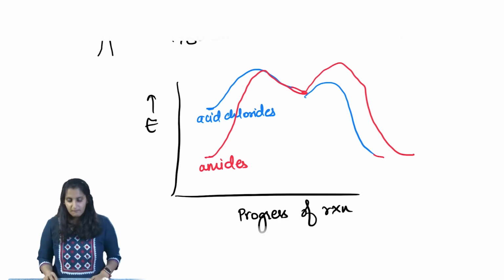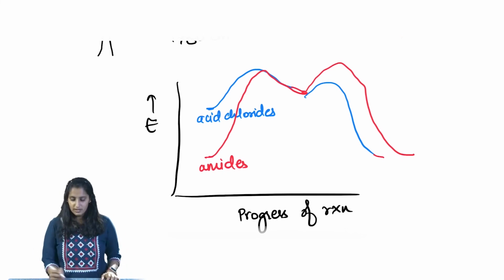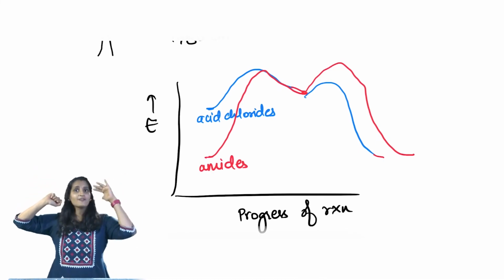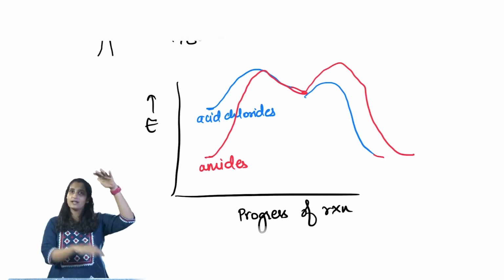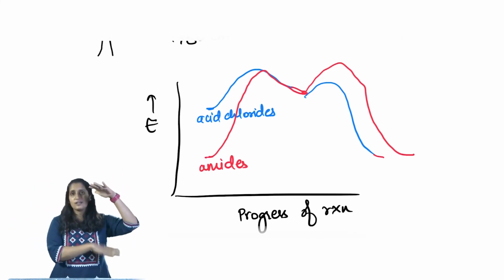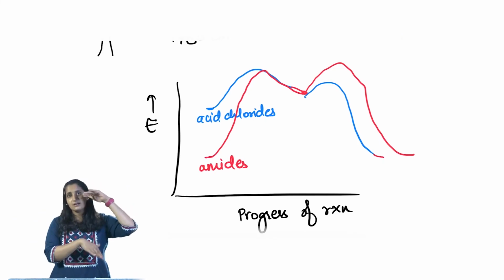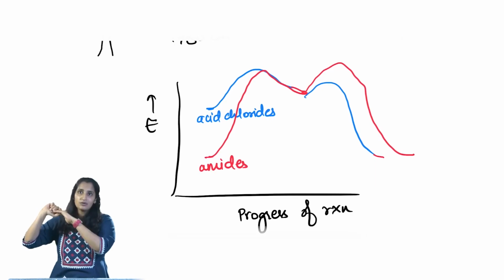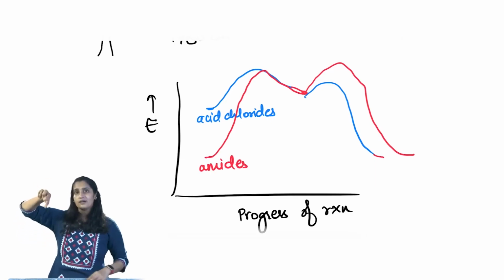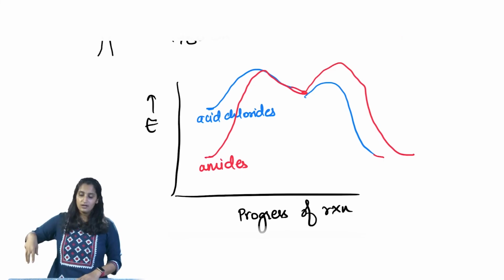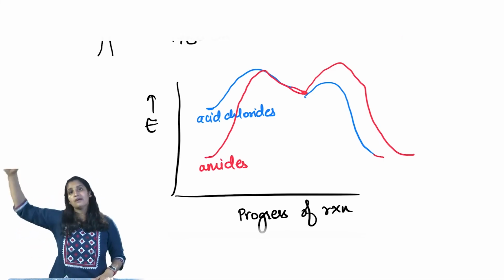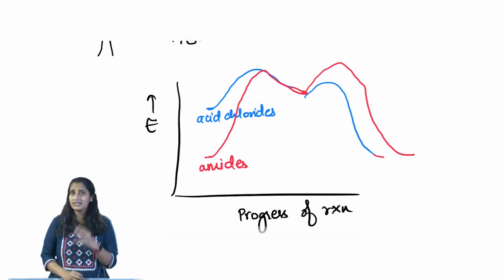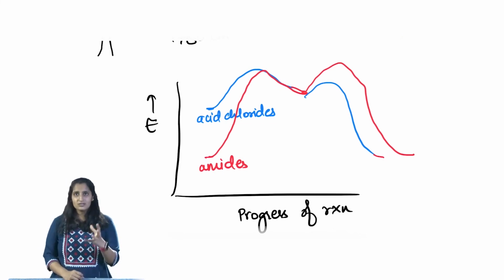To think about it this way, if both of them have to climb the same mountain, acid chlorides start from a base camp of the mountain, whereas amides are starting from ground level or sea level, and they both have to get to the mountain. Once they get to the mountain, acid chlorides are probably going to take a parachute and just jump down, whereas amides have to climb another mountain and then come down. So, that is the reason why amide hydrolysis is not an easy reaction to do,